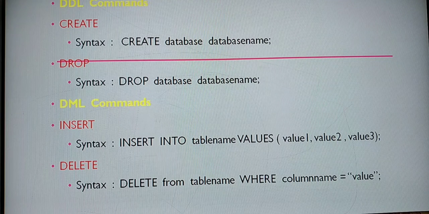The next you are going to have the DML commands. As a whole they are going to ask, you have to write it. It is for 3 marks. Separately also they will ask to write the DML commands. In the tabular column we have discussed some commands. That syntax will be discussed in the basics of SQL. From that you have to take it and write. So write any 2 DML commands: this is your insert and delete. Insert syntax is insert into table name values value 1, value 2, value 3. Similarly, delete from table name where column name equal to value. Here you are going to specify some condition.